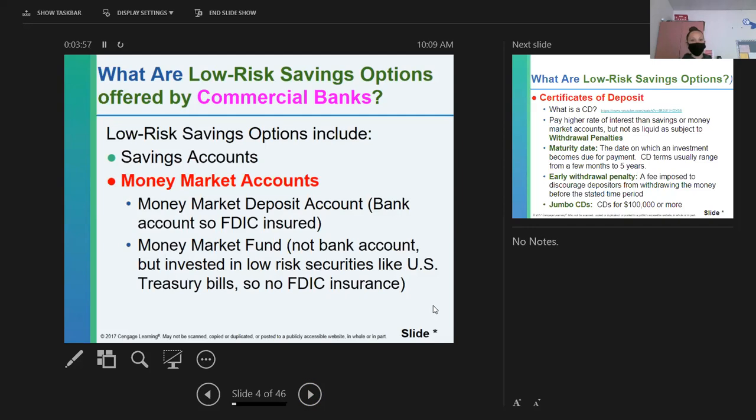Similar to savings accounts, money market accounts will typically have a limit on how many withdrawals you can do in a month or a certain time period. You may have to keep a minimum balance in those accounts as well. They offer, though, more competitive rates, so they are a better cushion against inflation than your savings account. Your savings account typically isn't going to account for inflation.